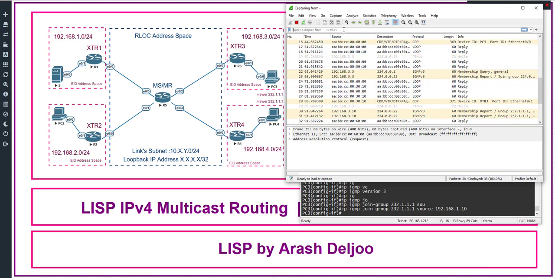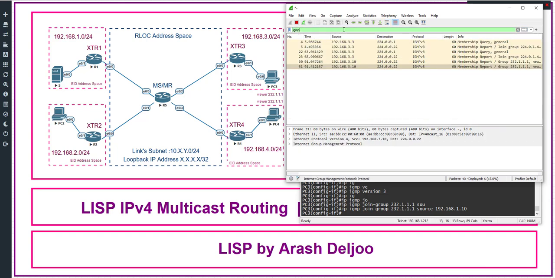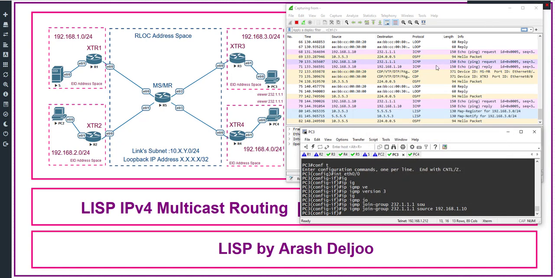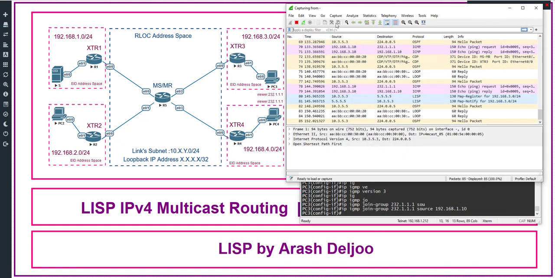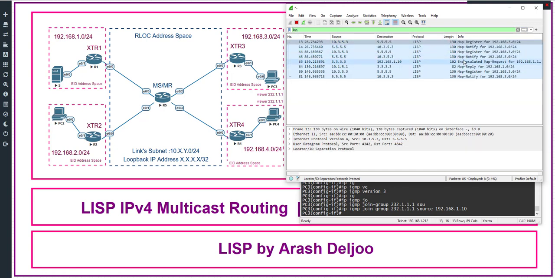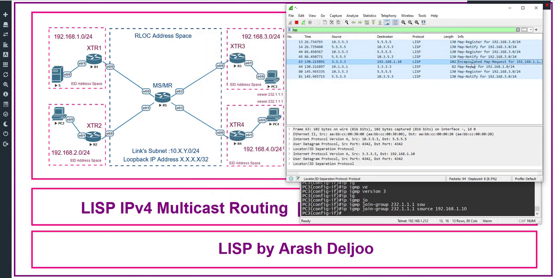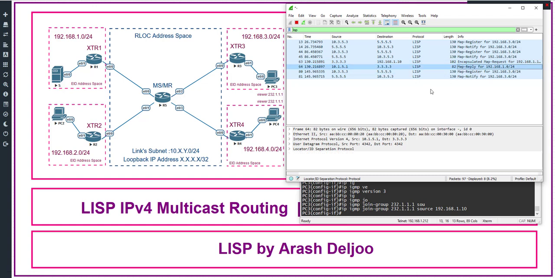Let me show the IGMP only. Here we need to filter IGMP. This is the membership report. Okay, after the membership report that we send to router 3, this is the capture of the link between router 3 and router 5. Let me filter on LISP packets. Router 3 sends a PIM join message from the quad tree to the destination 192.168.1.10. Look here, this is the encapsulated PIM join message. And here, first, this is the encapsulated map request for finding the RLOC of 192.168.1.10. After receiving the map reply from router 1, now we can send the